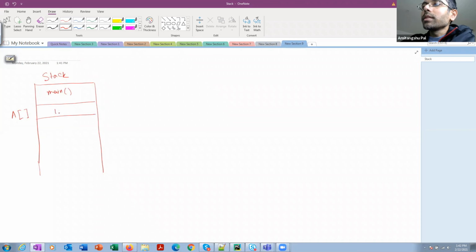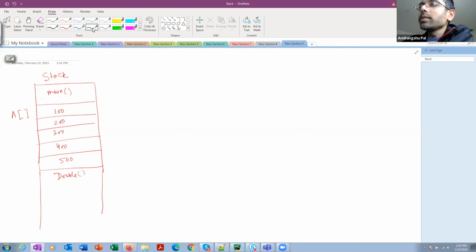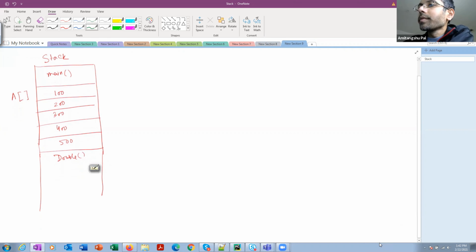The elements are 100, 200, 300, 400, and 500. All right. Now you are calling the function double. Whenever you call this function, the stack frame corresponding to double is generated.